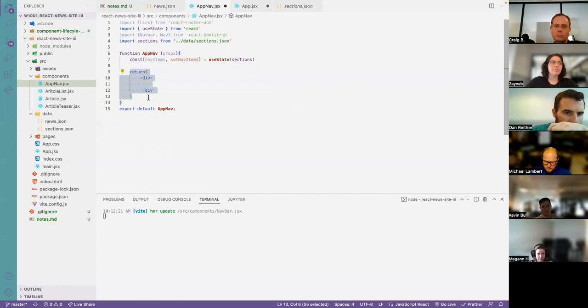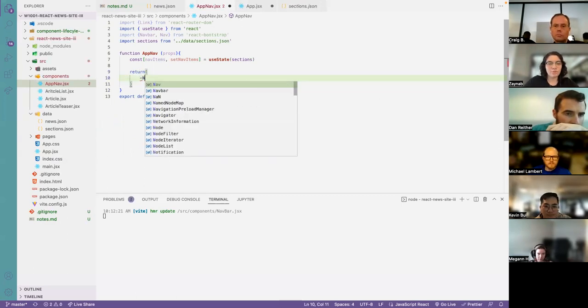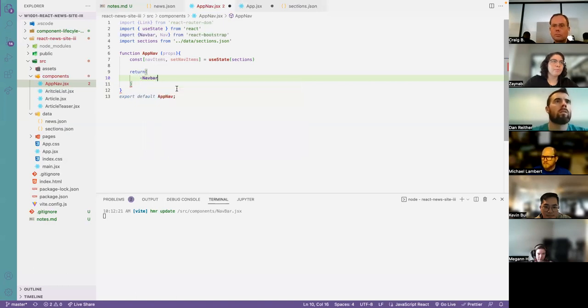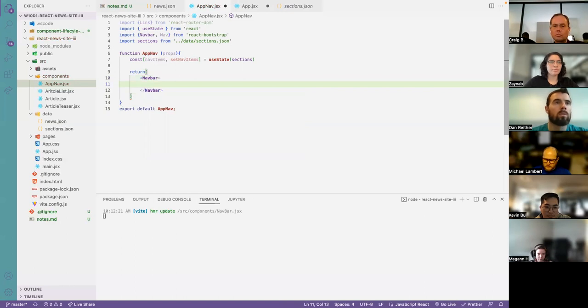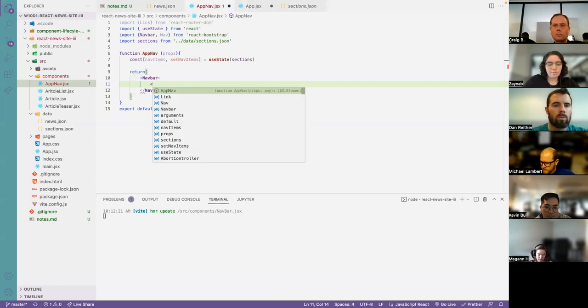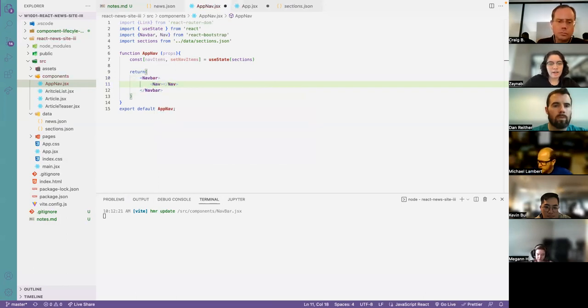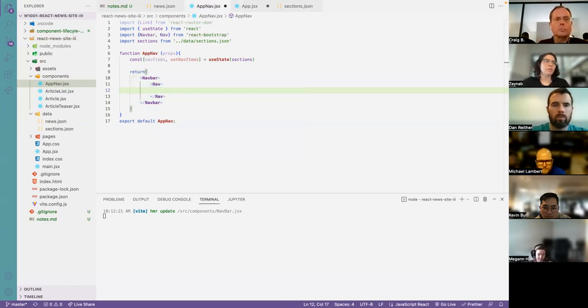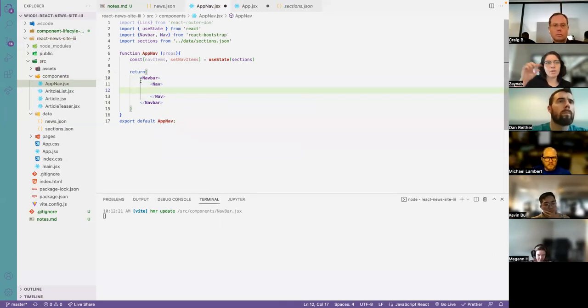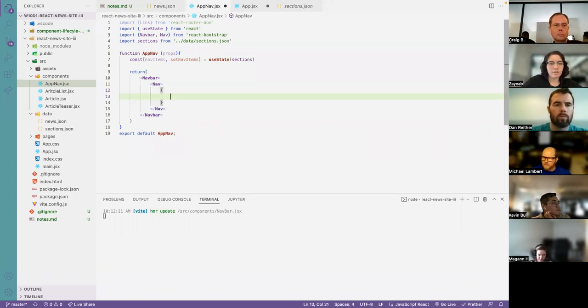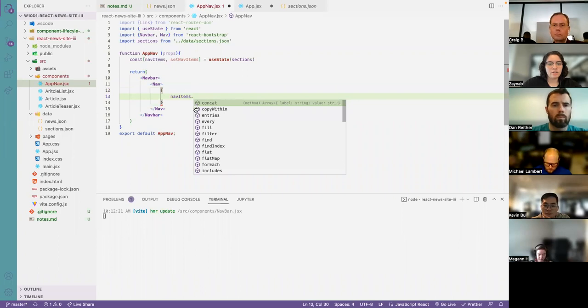We just have a div. Okay. We're gonna delete that div, because we are going to just instantiate a nav bar component. So in this nav bar, I'm going to add a nav component, and this will hold all of my nav links. So inside of here, I'm going to say nav items dot map,